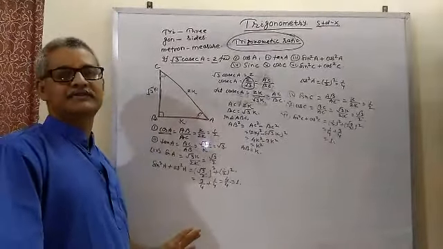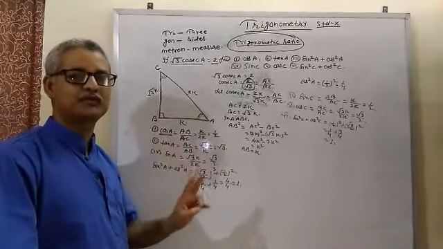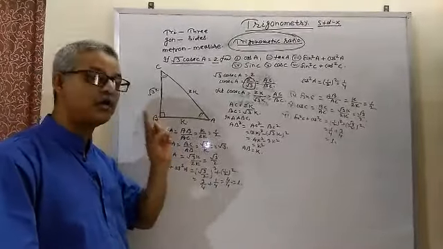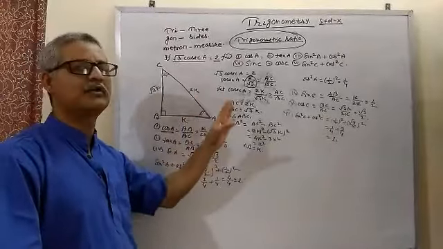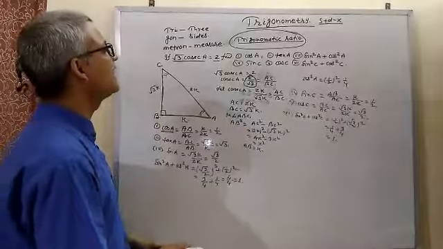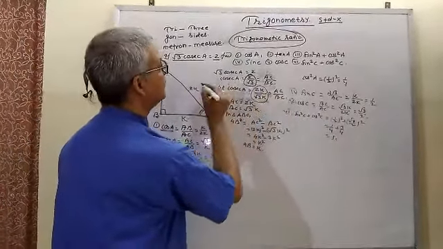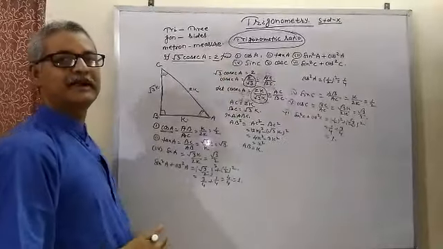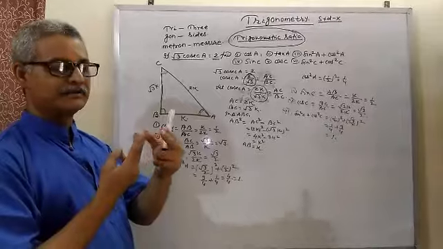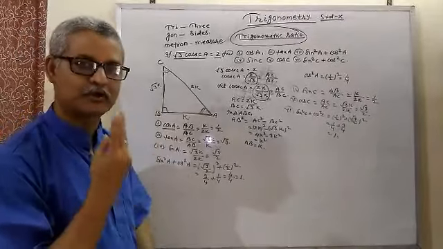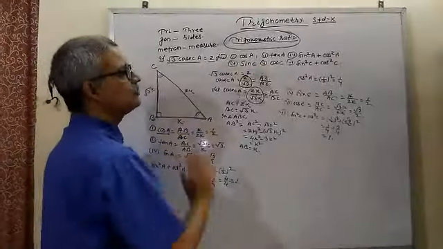If any trigonometrical ratios are given, it means the ratio of two sides is given, and when the ratio of two sides is given, you always suppose that ratio in terms of any variable, either k or x or y or z, anything. Like here we supposed in terms of k, 2k by 3k. Suppose it in terms of k, then by using Pythagoras theorem find the third side, and when we get the third side, then any ratios can be found.